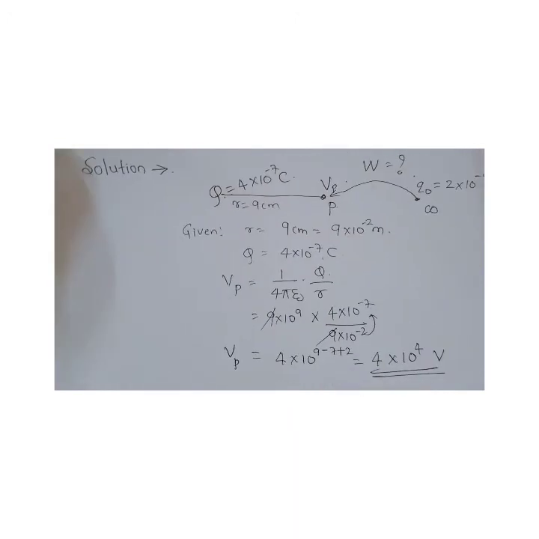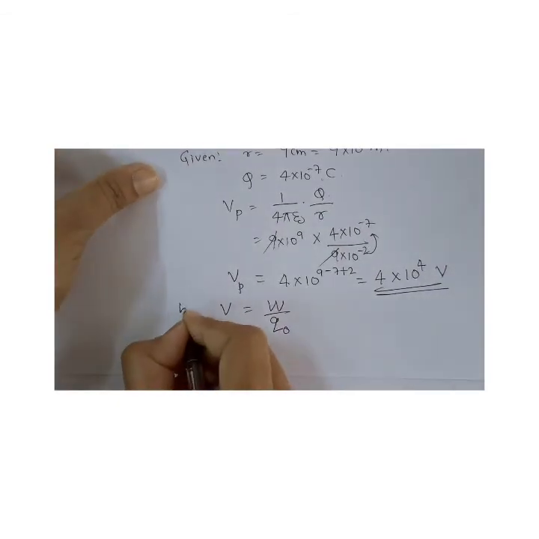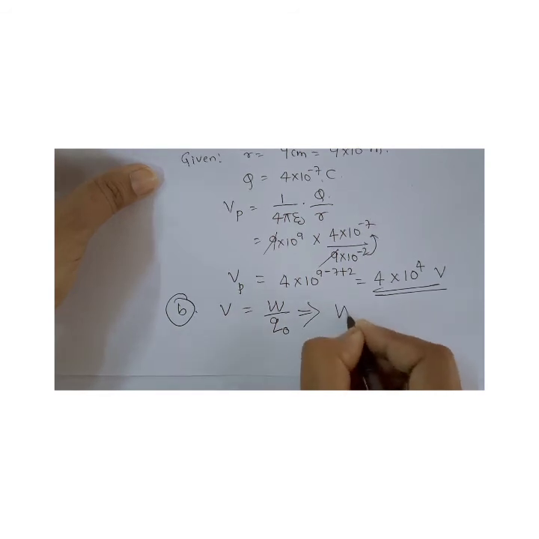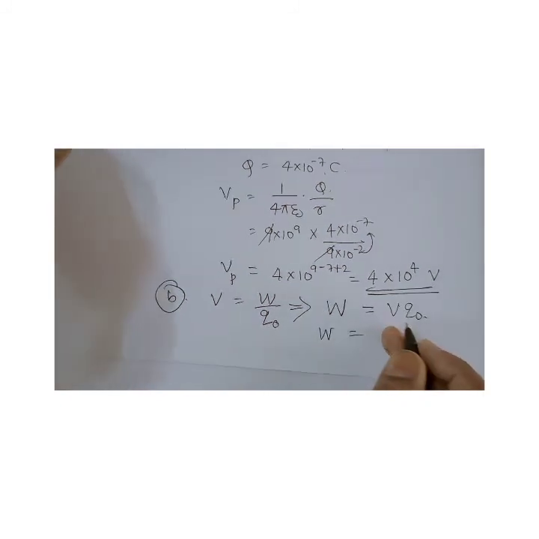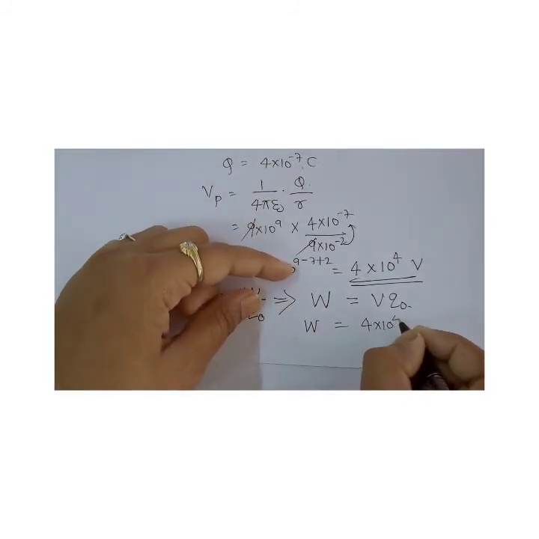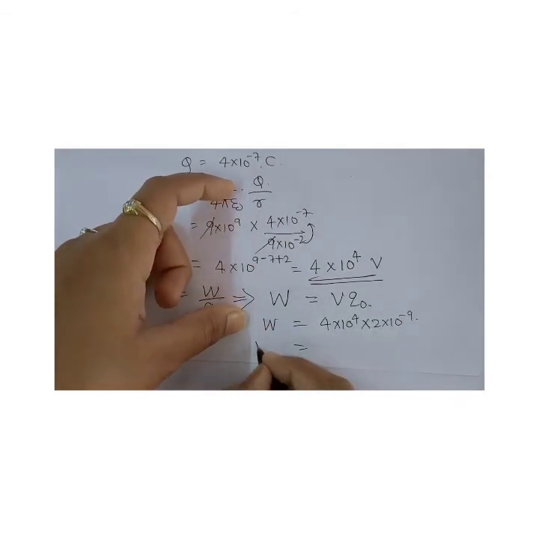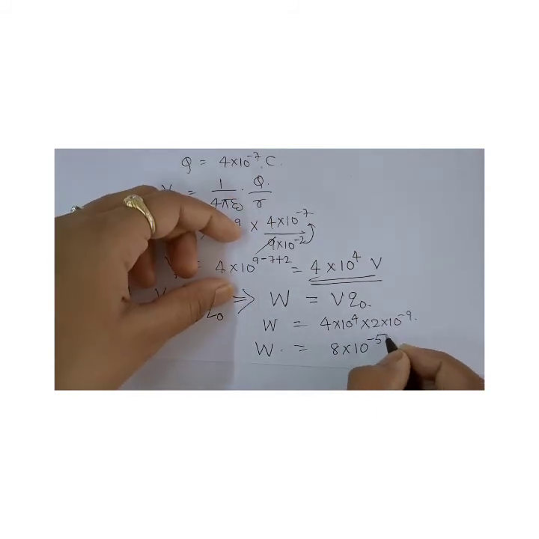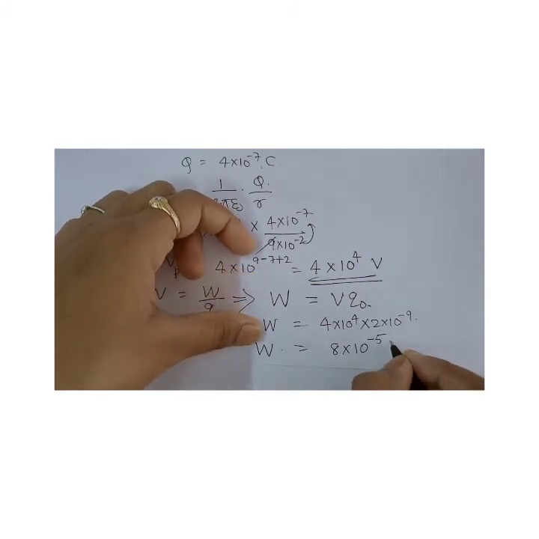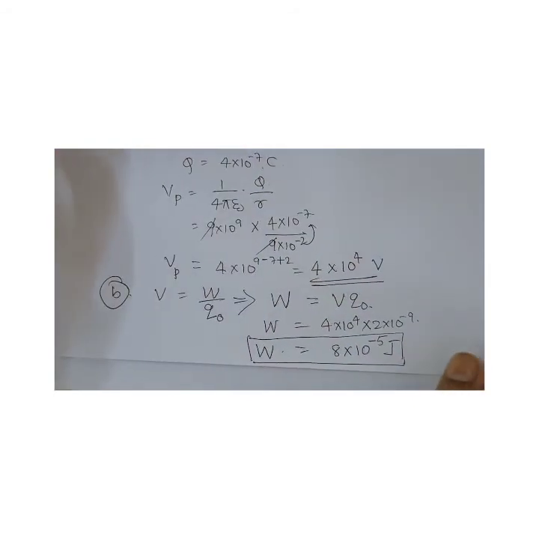That's very simple to calculate, because what is the potential by the way? Work done per test charge. This is the B part. Okay. So from this can I extract the work done formula? Work done is equal to V into Q naught. V I know now, the value is 4 into 10 raised to 4, whereas Q naught is 2 into 10 raised to minus 9 coulomb. So work done is 8 into 10 raised to minus 5. What will be the unit for work done? Joule. Okay, so that's very simple, right?